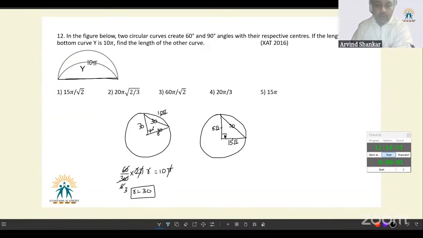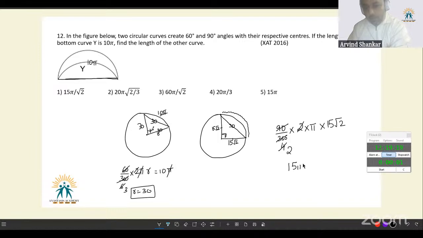So if this is 15 root 2, now the length of this arc is what we are seeking. Length of this arc, that will be given by 90 by 360 into 2 into pi into 15 root 2. 90 and 360 gone makes it 4. 4 and 2 gone makes it 2. Now 15 root 2 by 2 makes it 15 pi by root 2, or the correct option here is option 1. Most likely the error would have been